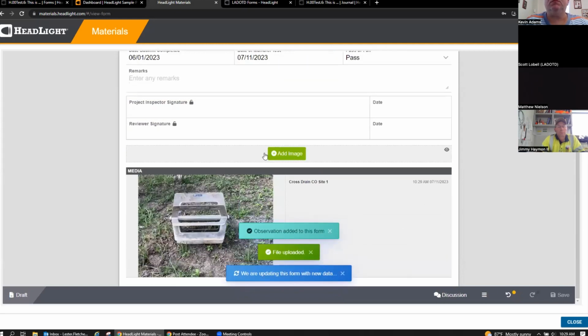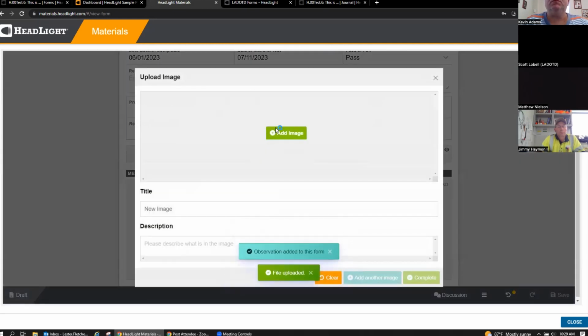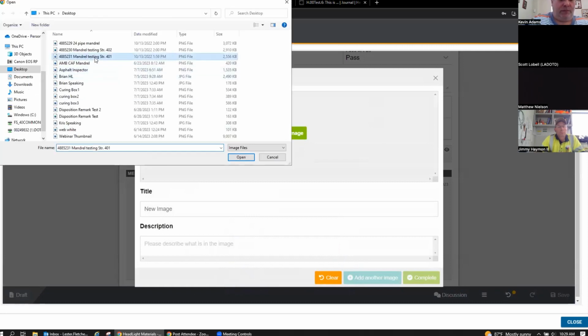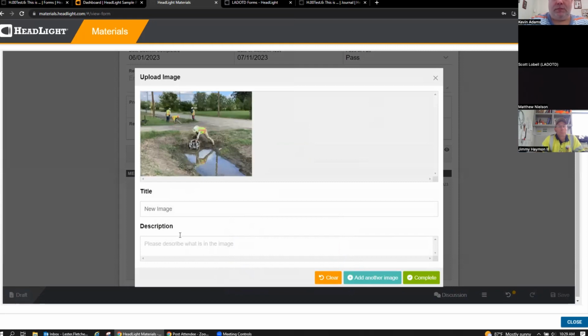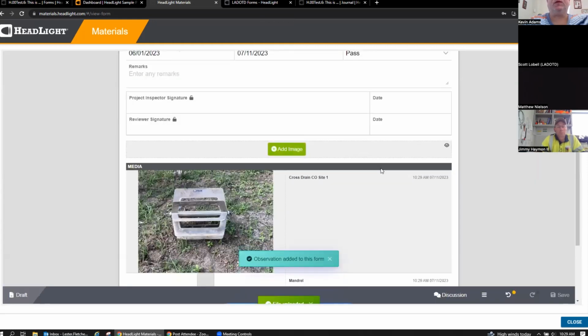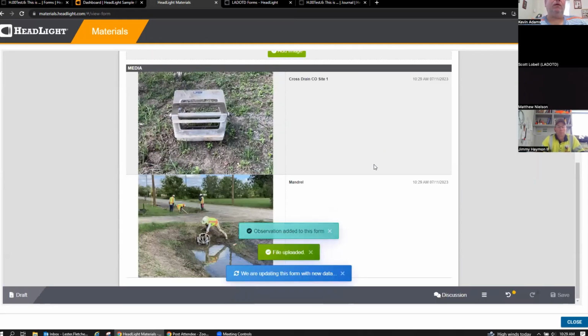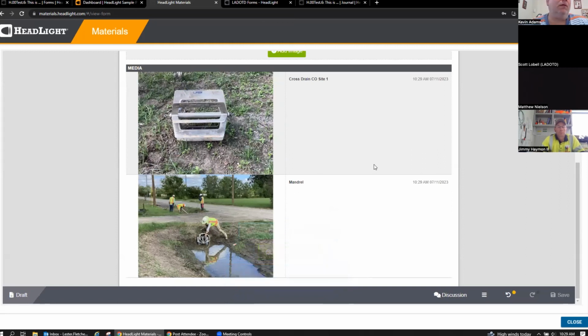And obviously you can add more than one. So you just keep going. If you have multiple things, maybe when they started, when they stopped, that kind of deal. I have a couple of images here I'll upload. So this would be the contractor pulling those through, mandrel test, that kind of deal. So once you've got all your media documented, and if you want to do a video,